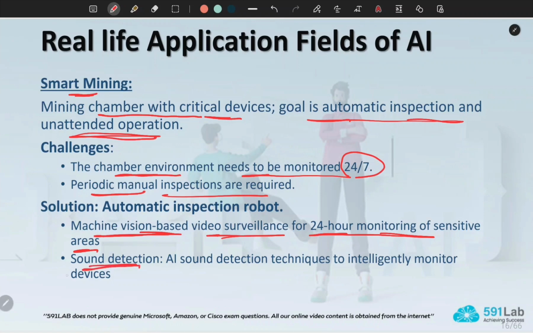Also AI sound detection techniques intelligently monitor the devices and the environment inside the mining chamber. It monitors all the sounds inside the mining chamber, analyzes them, and transforms them into meaningful inputs and data for decision making.